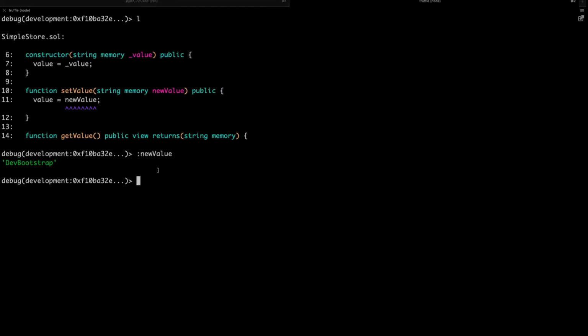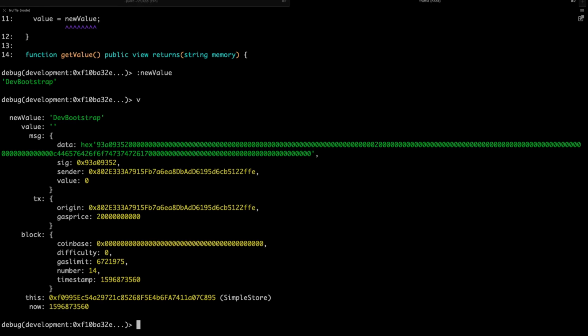Now, if we want to have a look at the entire stack of values in our contract at this time, we use the v command. And the v command is really useful because it gives us all the default values that we get with a contract, or I should say the default properties that we get. For example, the msg property, which is an object that we get passed in with every transaction. And we can see here handy values such as who the sender is, the sig here, which is the function signature. You see it's